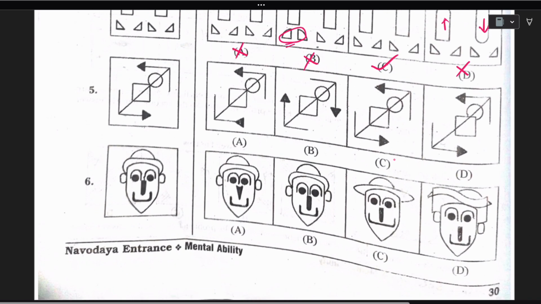And next one is the fifth one. In the fifth question, we are having the triangles. One is showing to the left side and one to the right side. In the middle, we are having a circle and a square. So in the answer figures, first of all, we have to eliminate one. By looking into this, here this triangle should be like this, but it is somewhat different. So we can eliminate B here.